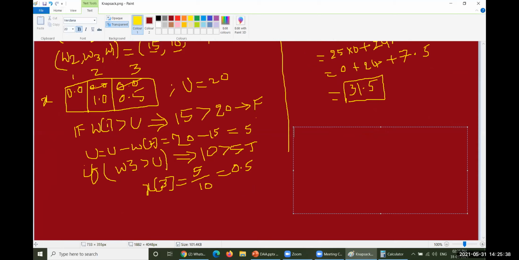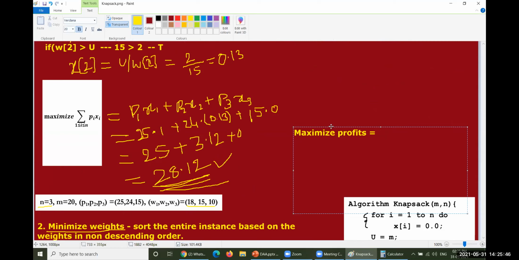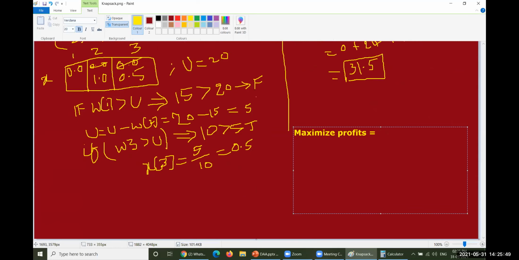So maximize profits. I've got something here. Let me move back and check it out. So 28.12 units of profit has been acquired. So this is the first answer. And the second one is